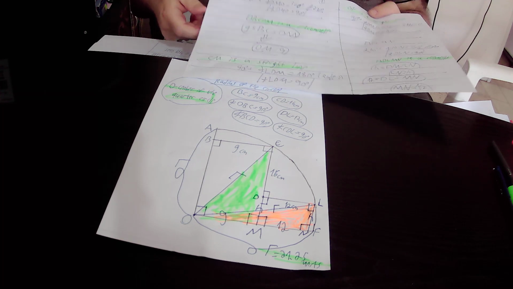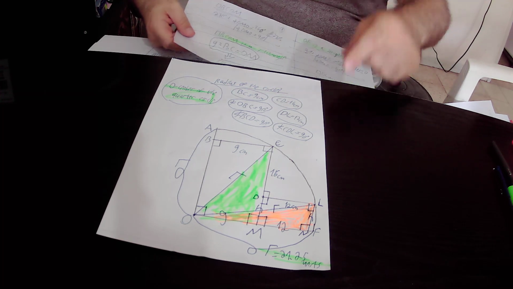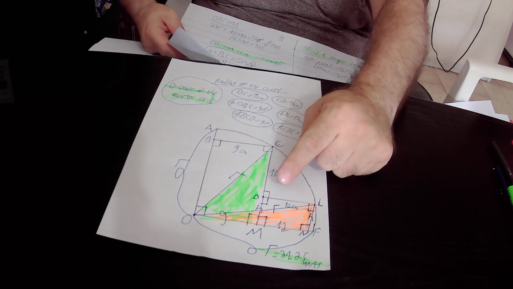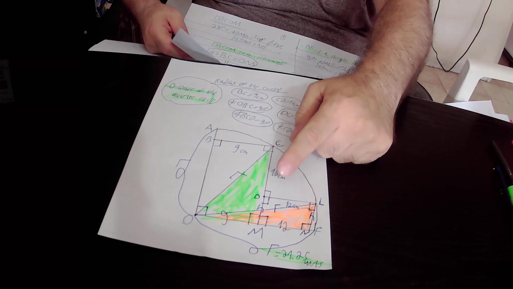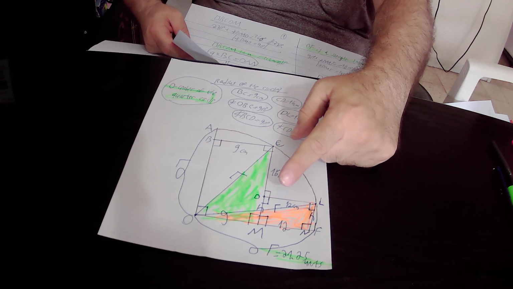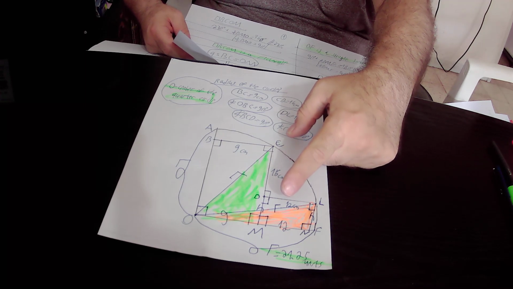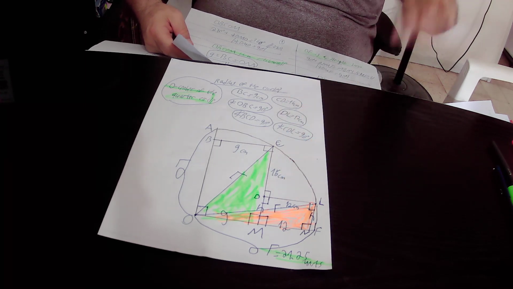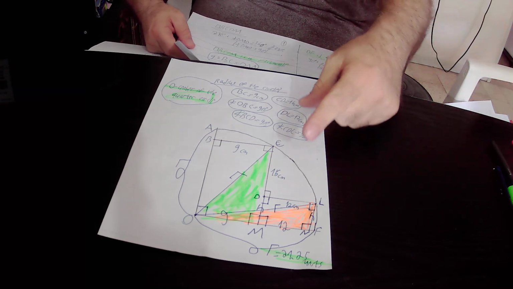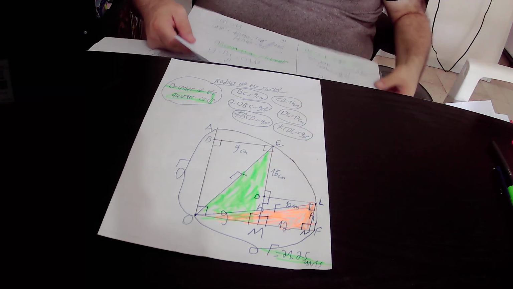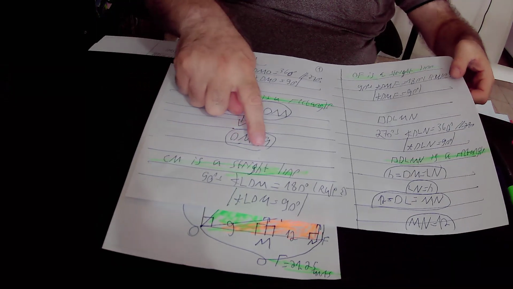Then it is given that CD is a straight line, and when we extended the straight line CD by a straight line, the result is CM. And when you extend a straight line by a straight line, the result must be a straight line. So the result that is CM must be a straight line. So CM is a straight line,